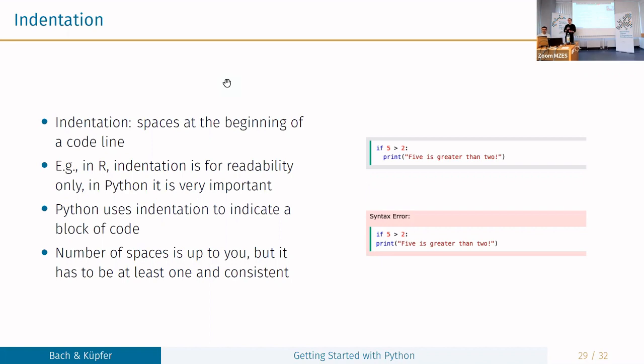And the idea is if you have, for example, a function, then if you have a certain block of code, you need to use this indentation. So here I just specify this statement: if 5 is larger than 2, and then I have this block of code, print 5 is greater than 2. I need to indent it.